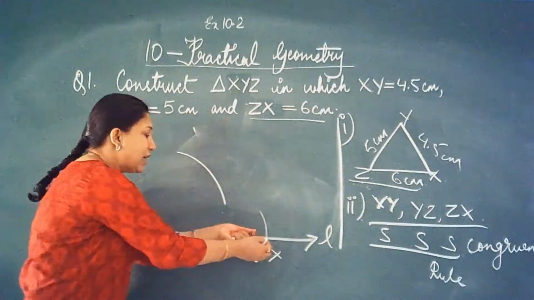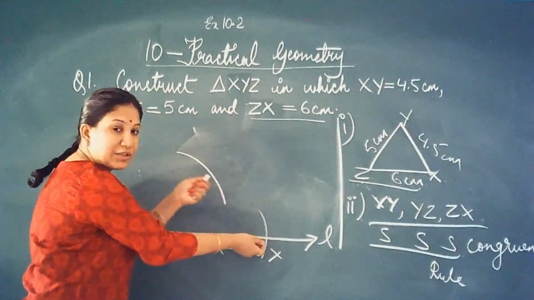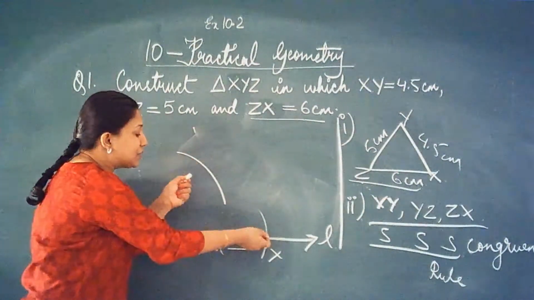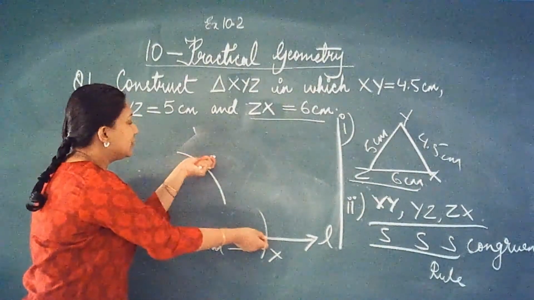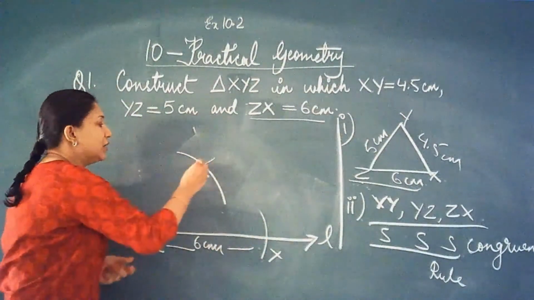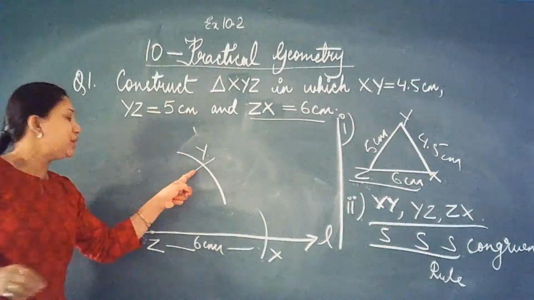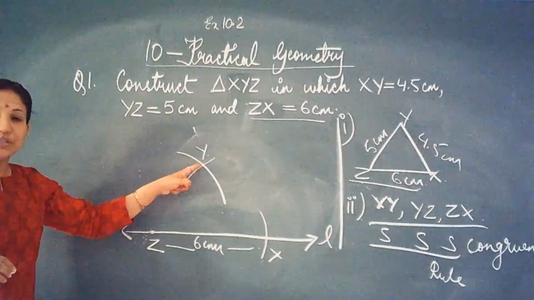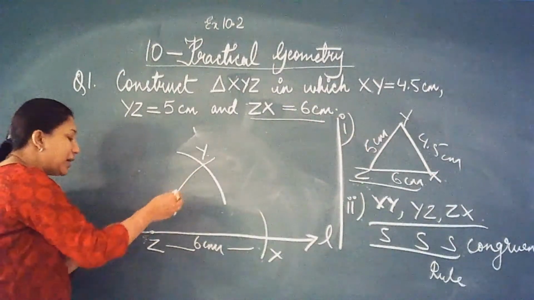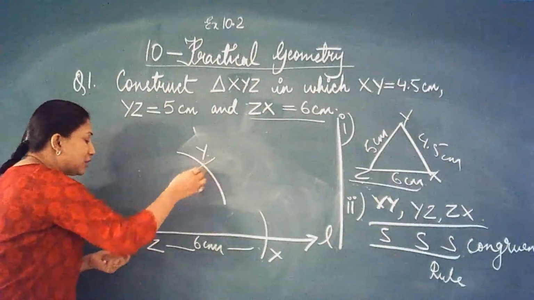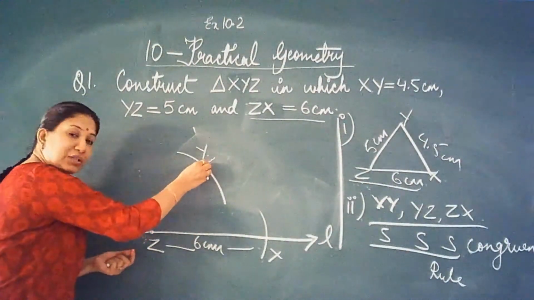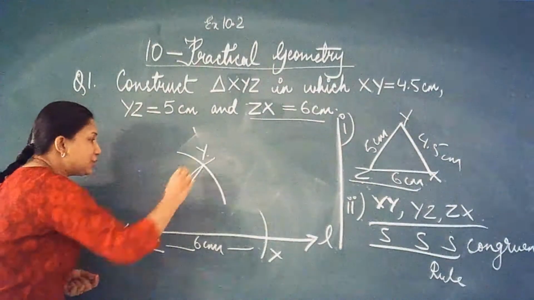Place it here, and when you place it here, you have the radius of the compass. Taking X as center, you cut an arc. This point will be your point, while the third point you will get here, this point of intersection. Then place the ruler, adjust the two points and draw a straight line.